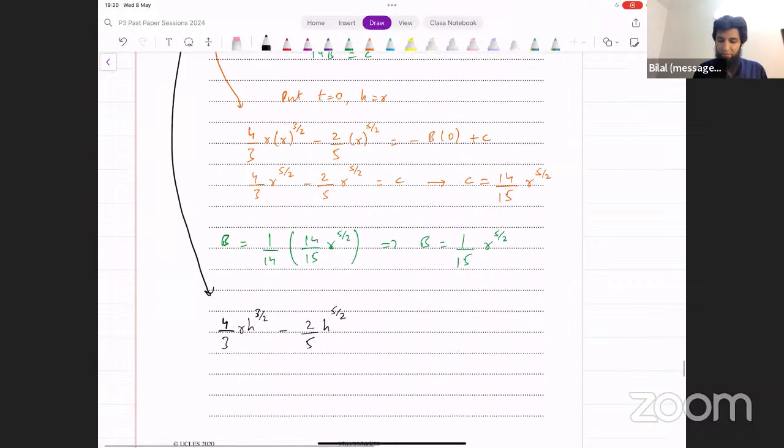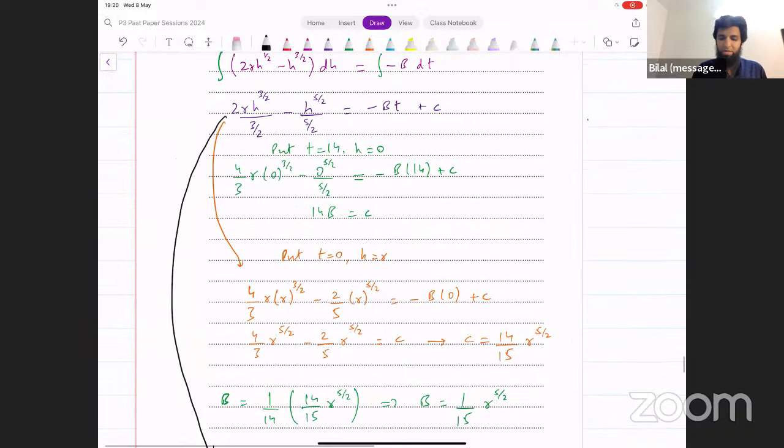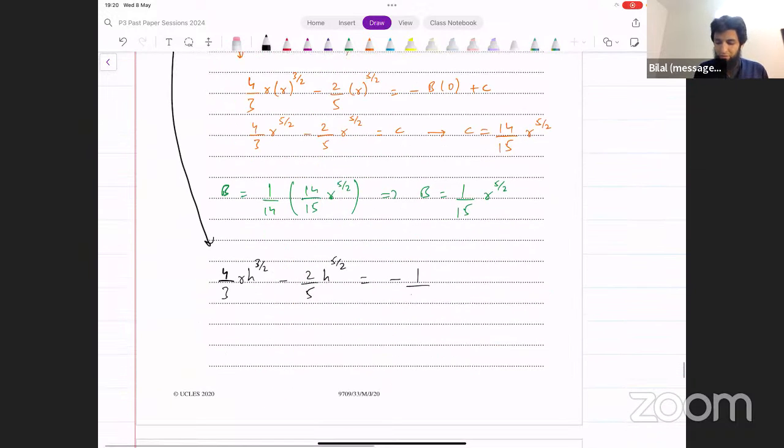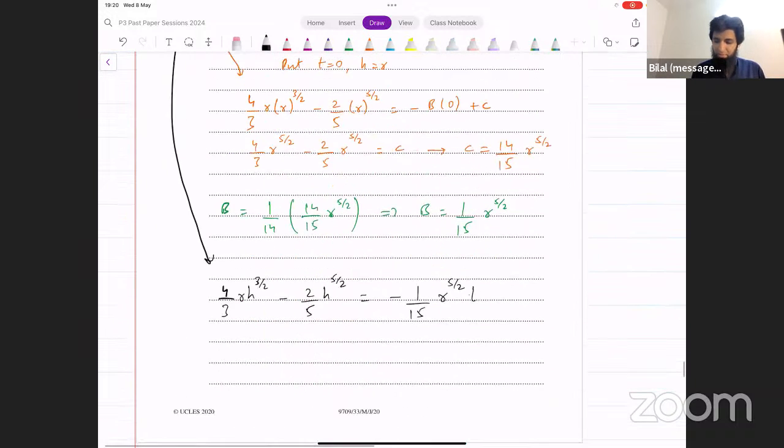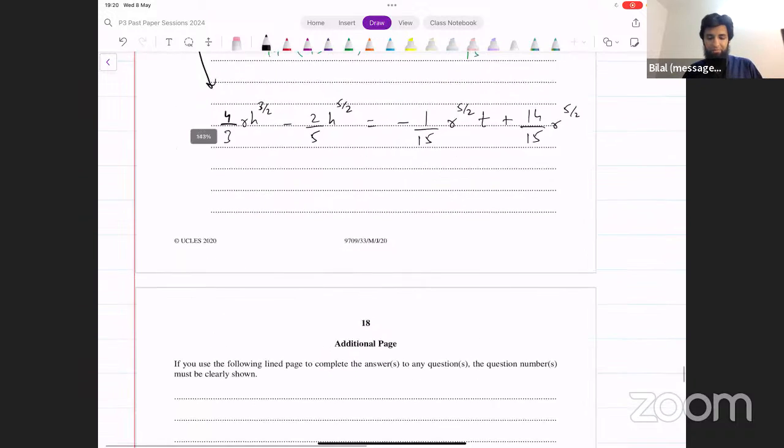On the other side, you have minus b. B is now known. That's 1/15 into r raised to power 5/2 times t plus c. C is 14/15 r raised to power 5/2. You just have to make